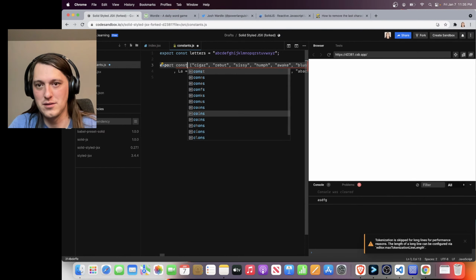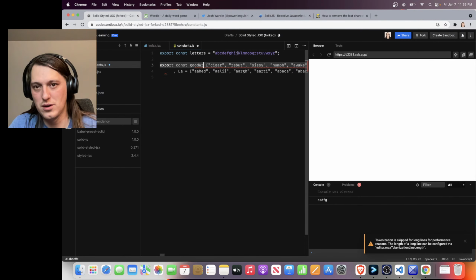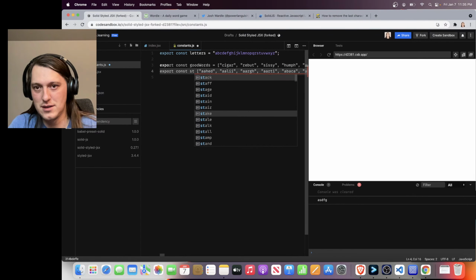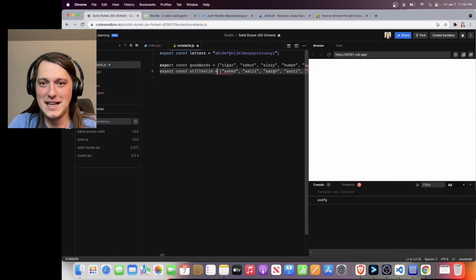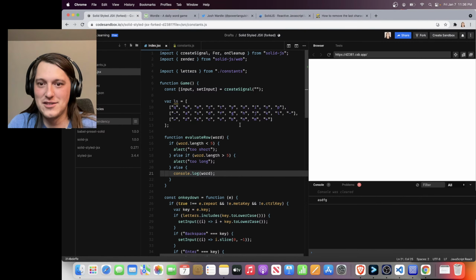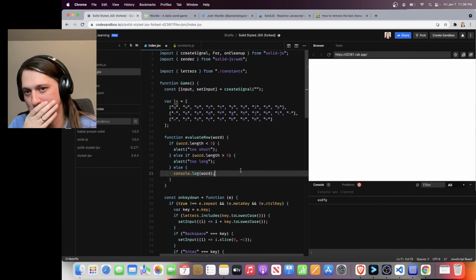So export const good words and export const valid, still valid words. So the idea is that we need to check